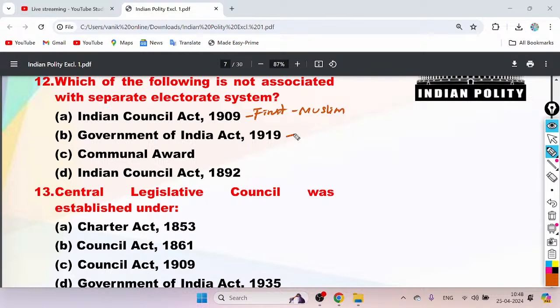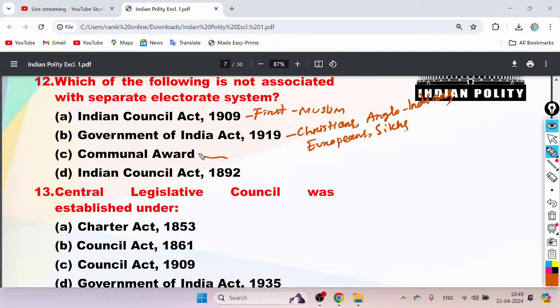And it is the second act for Indian Christians, Anglo-Indians, Europeans, and Sikhs. And there is another act,